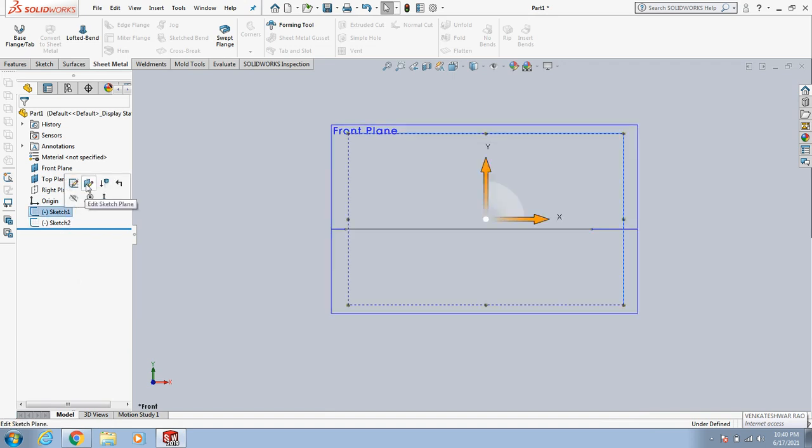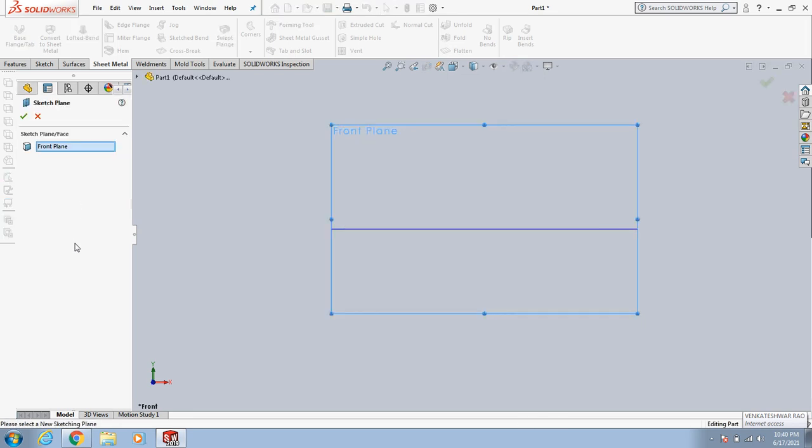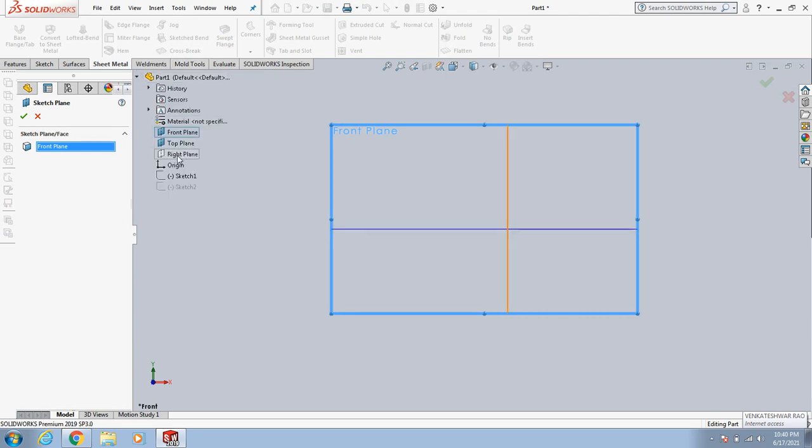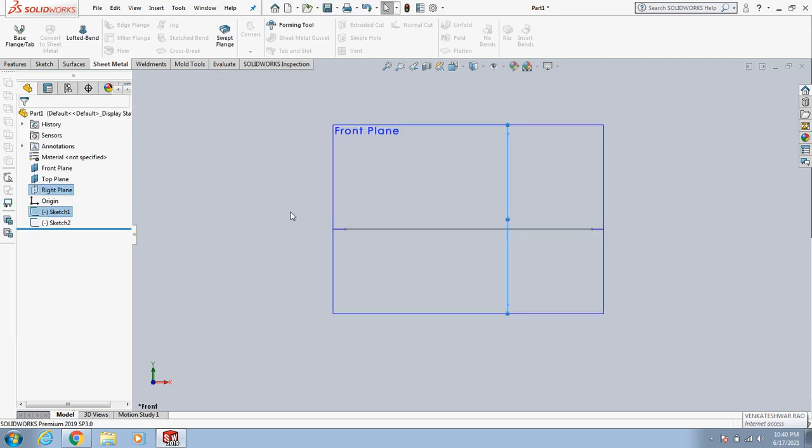In the same way, if you want to edit the sketch plane, to change the sketch from front plane to some other plane, click here and change the sketch from front plane to right plane. Say okay. Now my sketch has been moved from front plane to right plane.